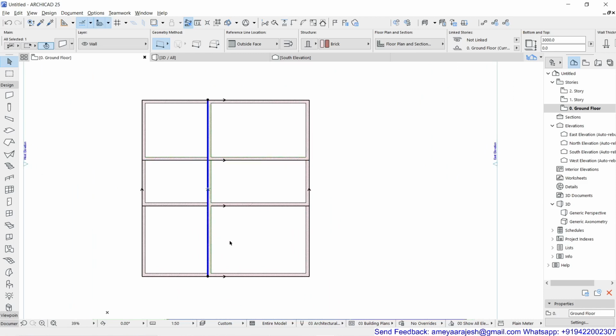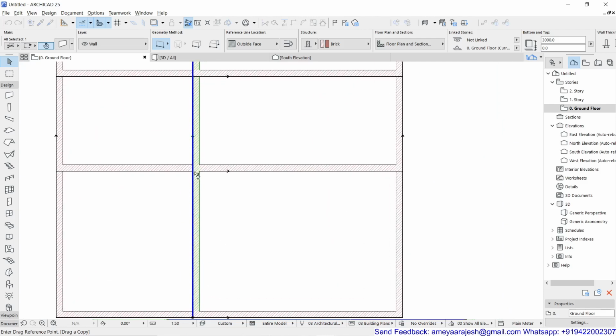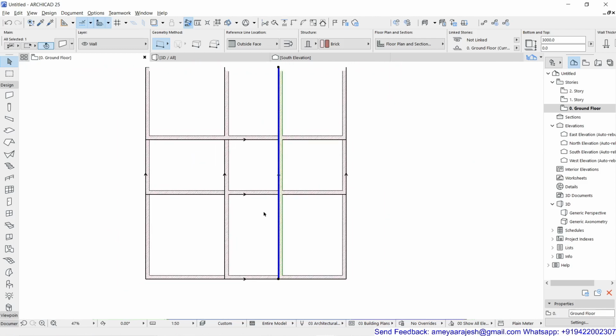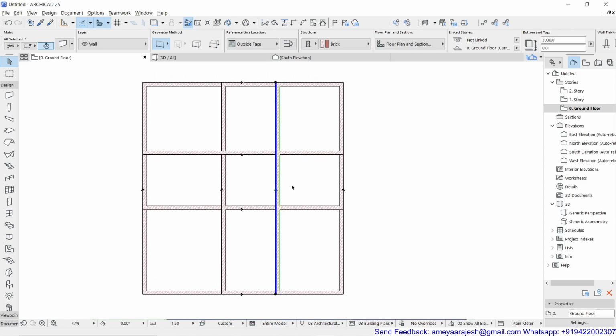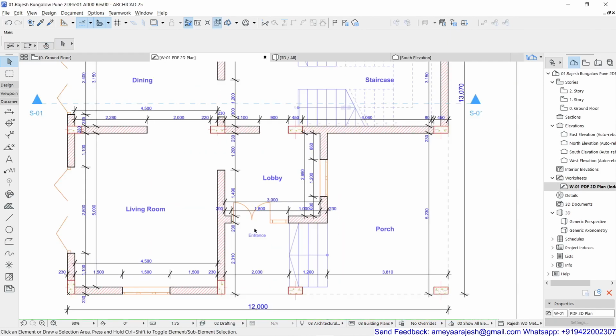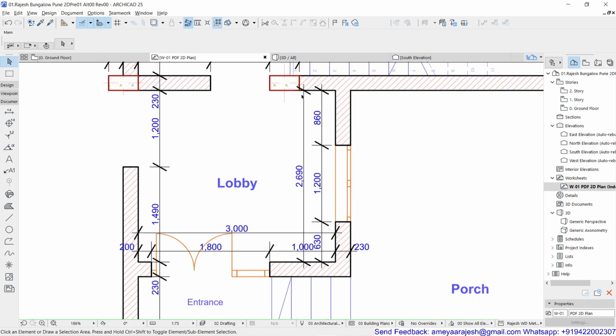Now the other side is nothing but this wall. Again, I'm going to copy with 3 meter as a clear gap, and this time it was easier to type that as 3230. Okay, so now you can check out how it goes. And now if you want to trim down this wall, how can I do that? Again, it's a very simple thing. If I am not interested to maintain this wall for the full length, because if you check the floor plan, this wall is getting terminated over here also, and the other side is supposed to be 2690. So this wall itself is coming down with the 2690.